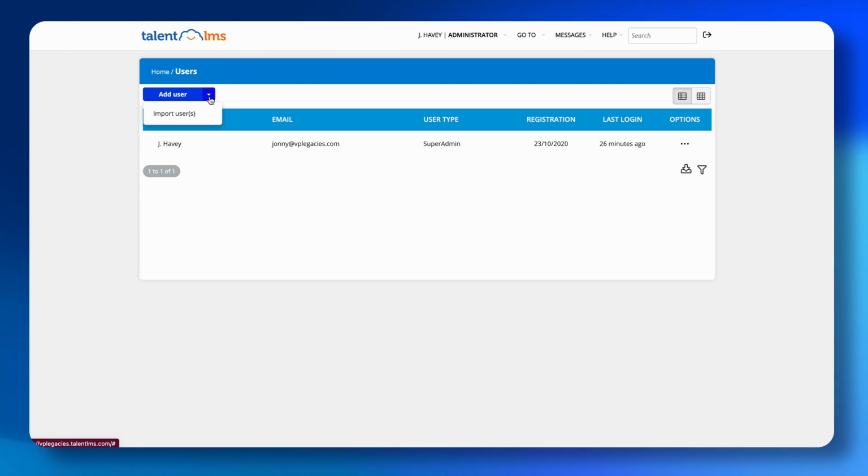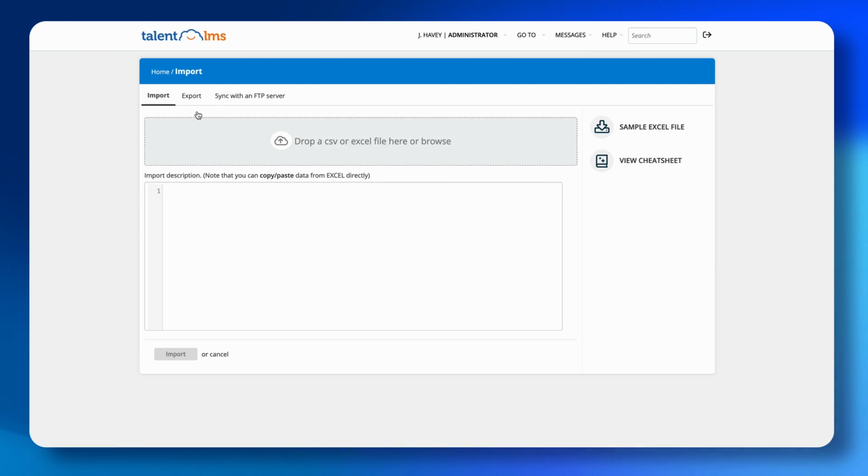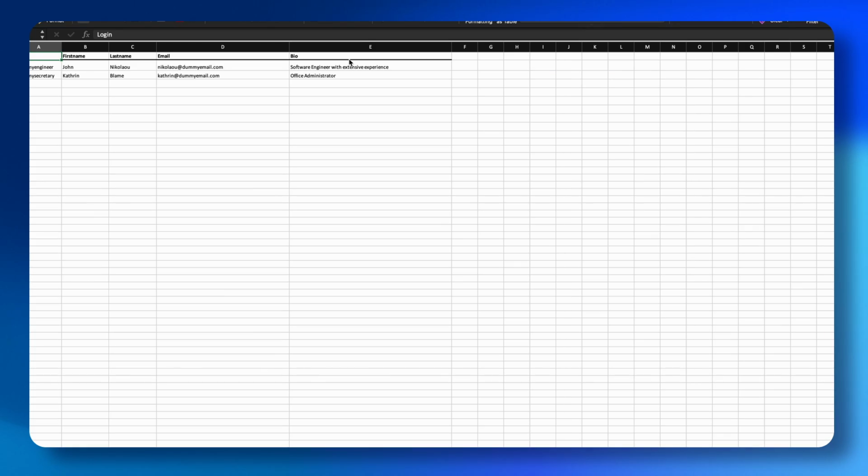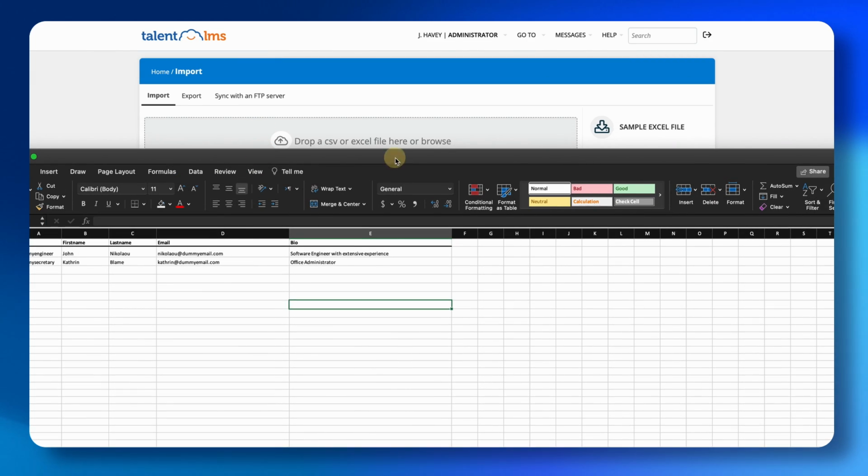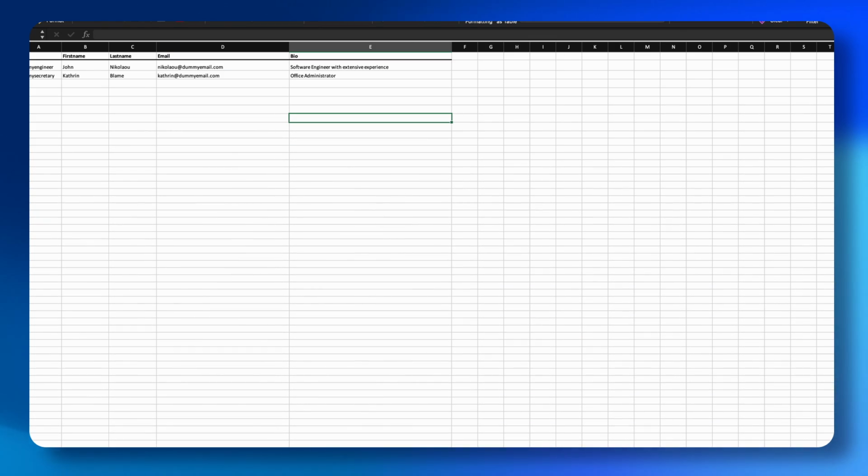Now, we can import users using a CSV or Excel file. Here is a sample of what the file needs to look like. Okay, and this is provided right here. So if you want to import your users,